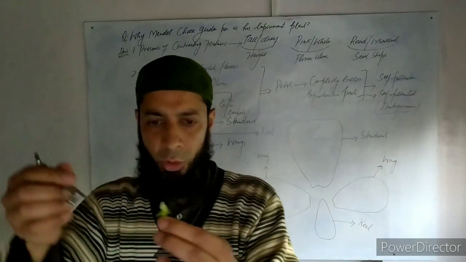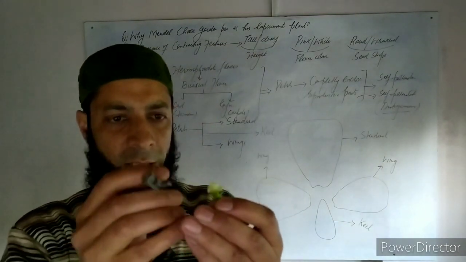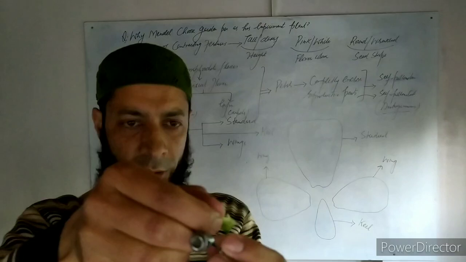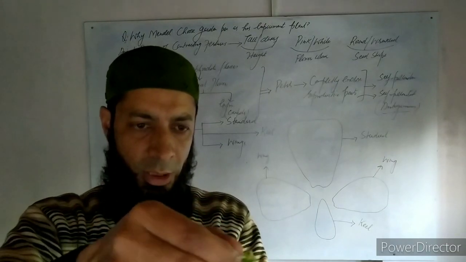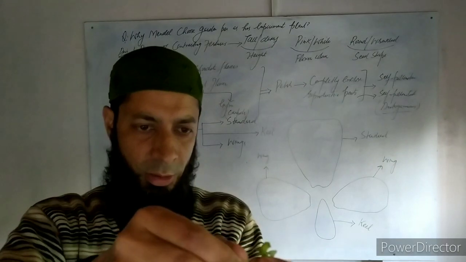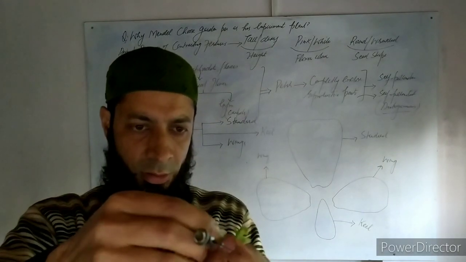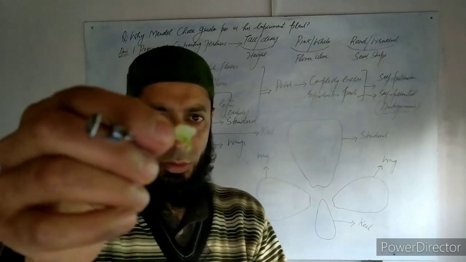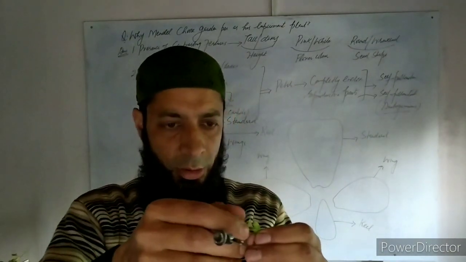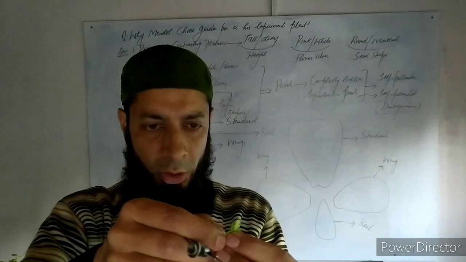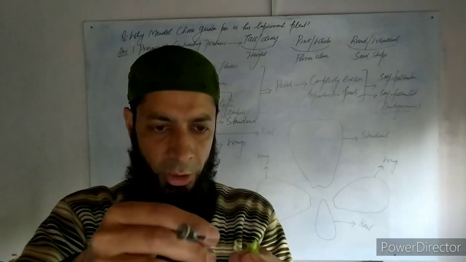Inner to the standard you have two wings on either side, that is one here. On the right side you have another one like this. This is one wing. Then on the other side you have another wing like this,